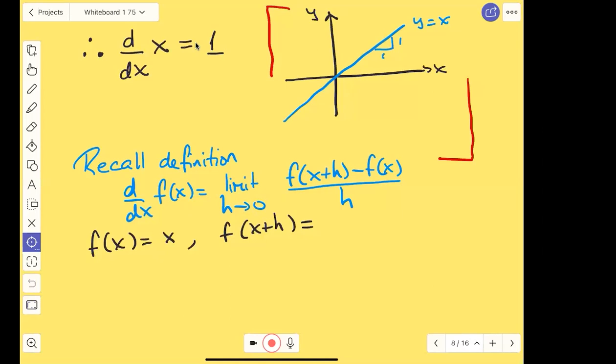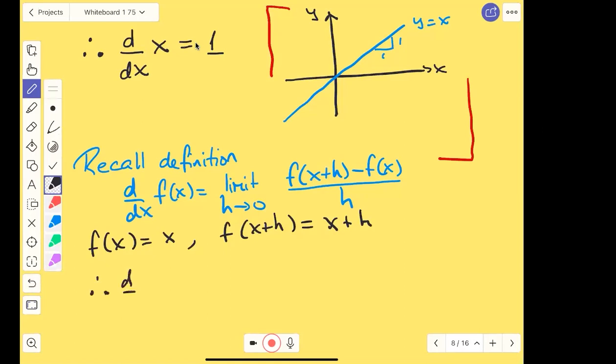Yep, I'm getting people sending me messages saying that it is x plus h. And I think this idea of understanding what the function means is really important. So, if you say that x plus h is 7, f of 7 is 7. So if it's x plus h, it's x plus h. So therefore,